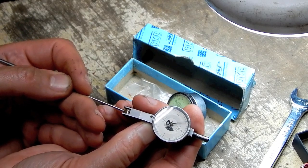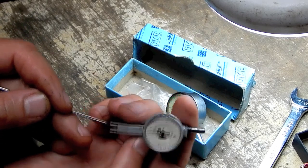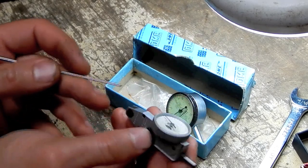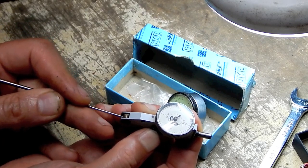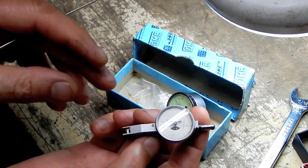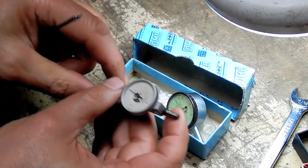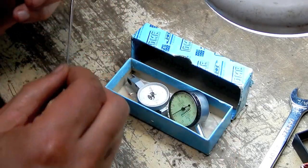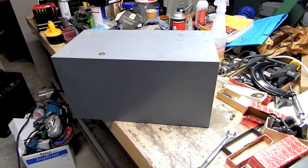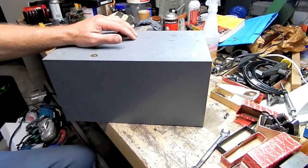So it is sticking a little bit, but that's probably just a matter of loosening up these screws, the screw right here on the side. But it is returning. So even in the condition it's in, I still think that that's a good find for these 2 indicators at $15. Next item I bought was this item here,